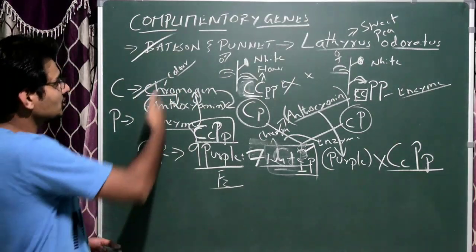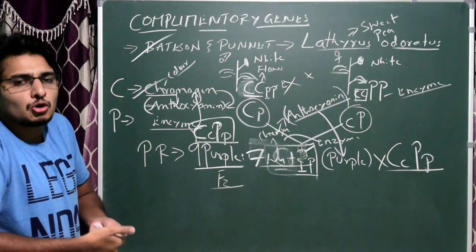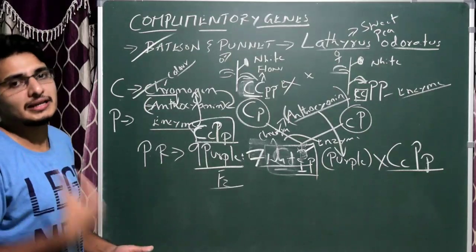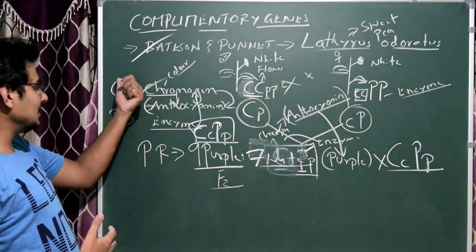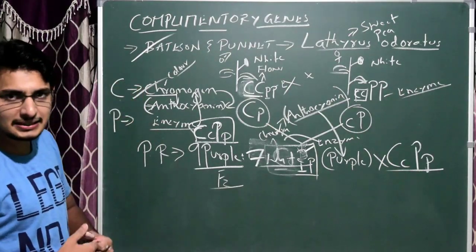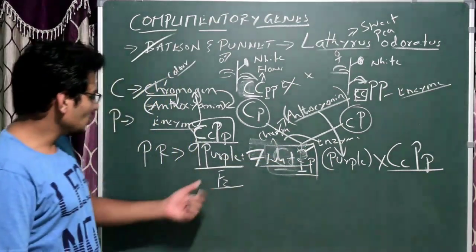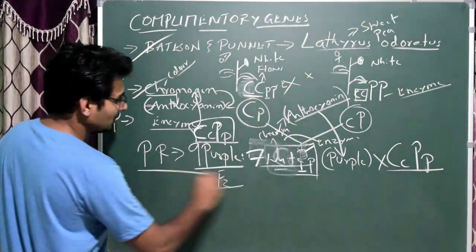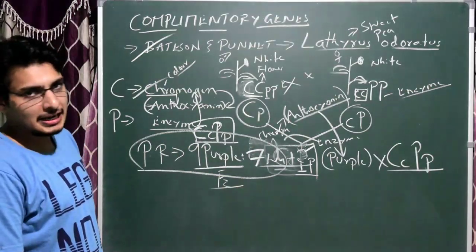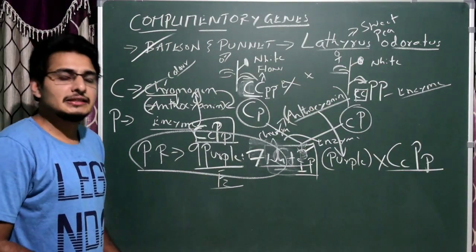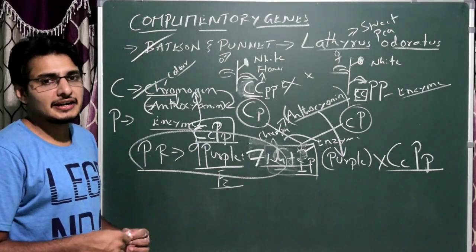It's a chemical actually which is present within chromogen, but chromogen cannot actually release the anthocyanin because it requires one enzyme. That's what actually capital C and capital P should be present to produce a purple color in the flower. So that's all about the complementary genes. Please remember everything. So the phenotypic ratio, 9 purple, 7 white. That's all about it. We'll see lethal genes and other types of intergenic interaction in the next session.